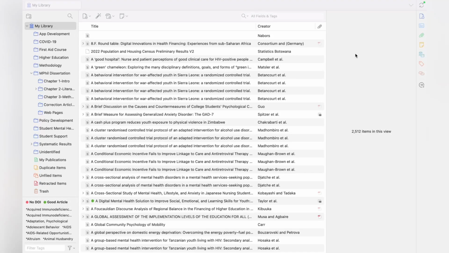Zotero Interface. If you are new to Zotero, it will not look like this because you haven't added references yet. And don't worry, I will show you how to add references in the next video. But basically, once you have your Zotero set up, this is how it's going to look like. This is my Zotero, the one that I use for my research studies, and this is how it looks like. Yours will look different depending on the references that you're going to add, and also the